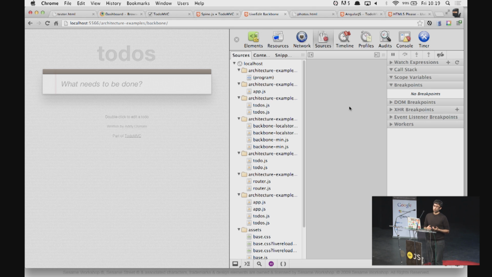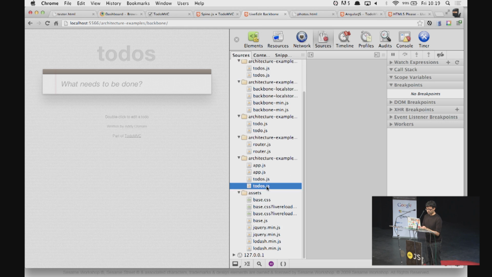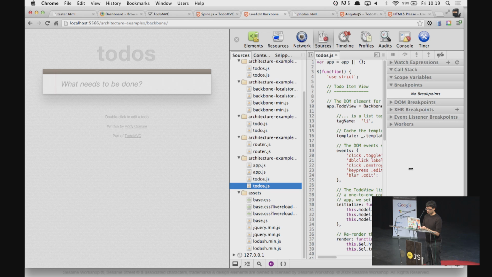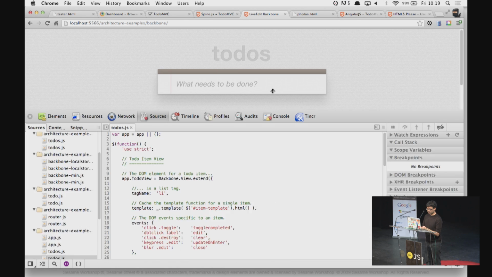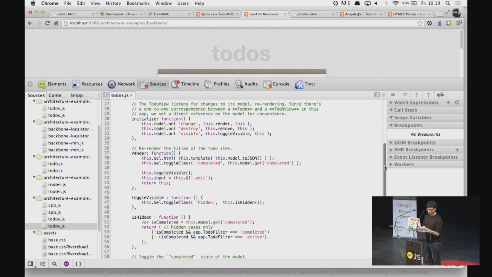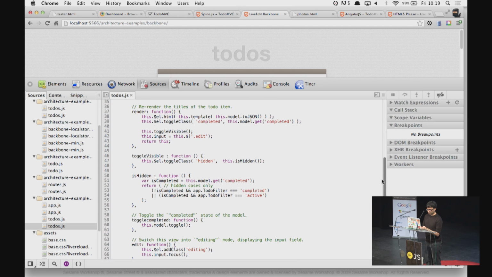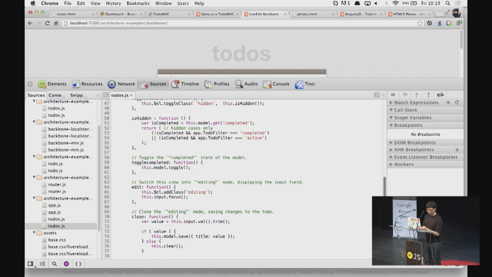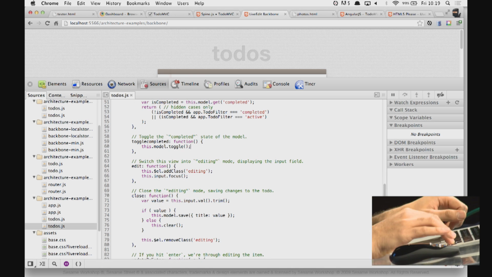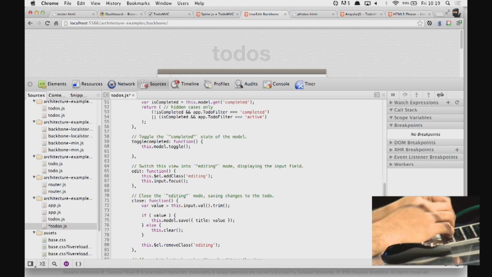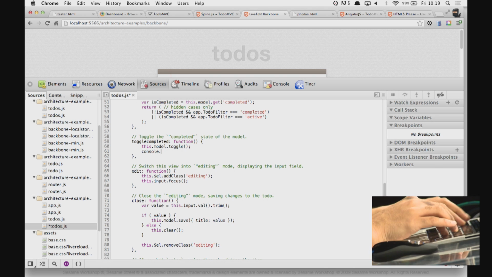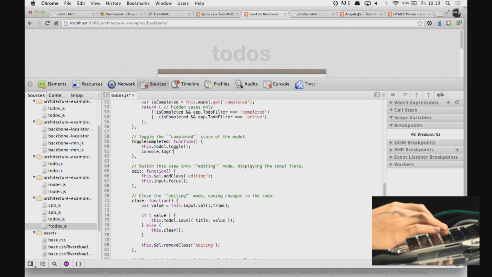Now, in sources, the same way that I would in Sublime or any other text editor, I can start editing the content that I have in my application. So I'm going to try finding, let me change this back to the other view very quickly. So let's see if we can find an interesting event. How about we try finding a toggle event that occurs when a particular to-do is completed. So I'm going to add some additional code here. I'm going to say